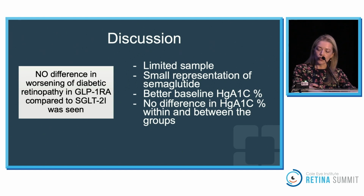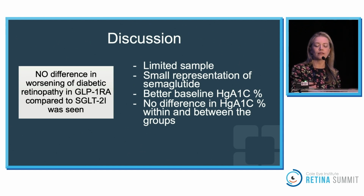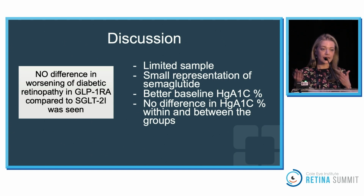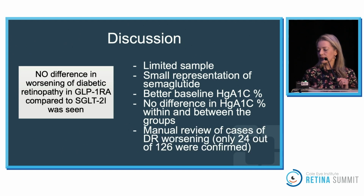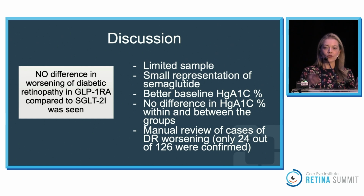What I actually think is going on is our cohort was interesting. Baseline hemoglobin A1C was quite lower for some reason. Must be having healthy diabetics in Cleveland, but it was lower than even in SUSTAIN 6. Moreover, we didn't see this dramatic drop in hemoglobin A1C within our groups, which once again has been shown in other studies. So the question becomes, is it the drug or is it the hemoglobin A1C change that's driving this